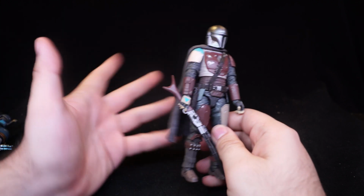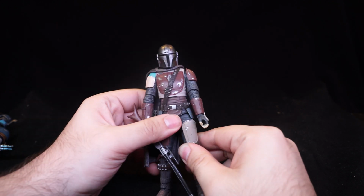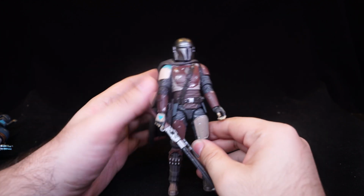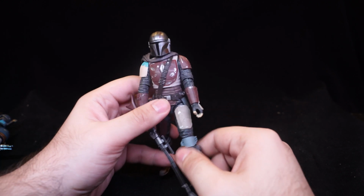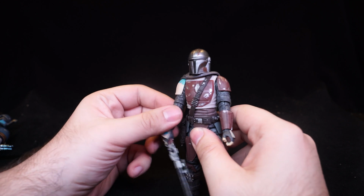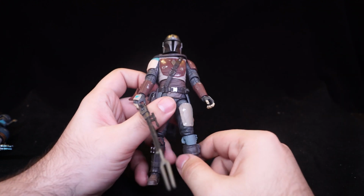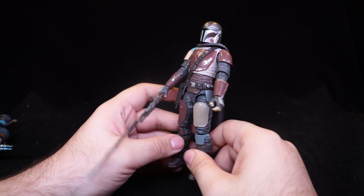And I do wonder when season 2 comes out, or later when Hasbro decides to release, say, his upgraded armor look, that will probably get sold out as well. So I'm just going to say, hey, if you like Mandalorian, you probably want to pick up as soon as you can. Because it's the SH Figuarts that's coming out, but just seeing by the photos alone, that's a much cleaner and softer look, whereas this one is gruffier and I guess actually closer to how he looks in the show. So I think most people will probably be fine or even prefer this one over the SH Figuarts. I like this character a lot, so I am tempted to get this in Figuarts as well